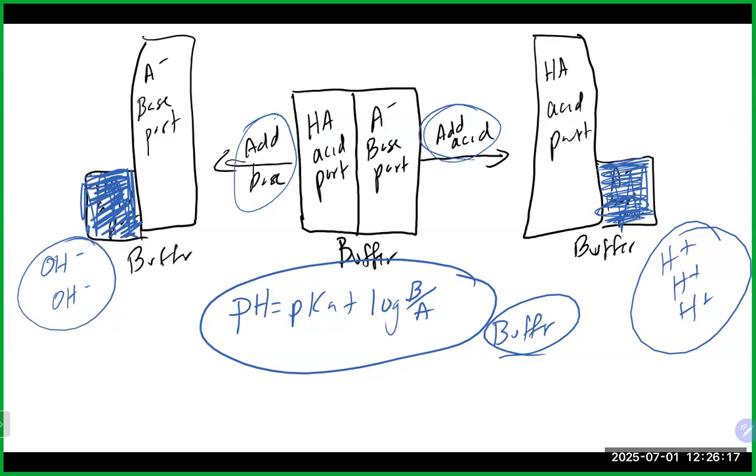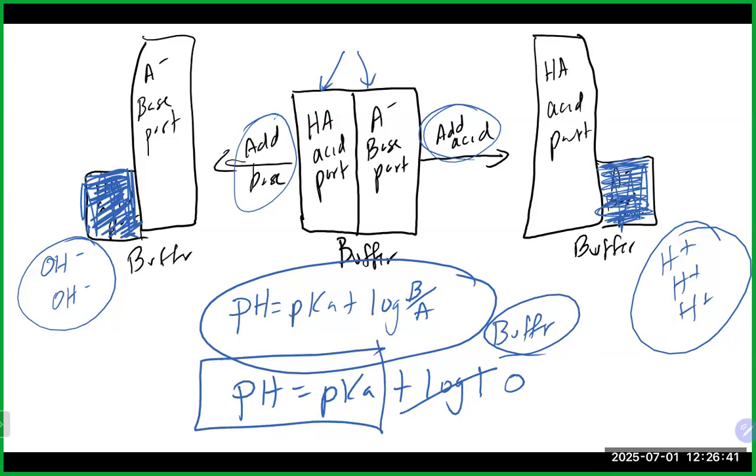Now, if you use your Henderson-Hasselbalch equation here, and you make a buffer kind of like what I did right about here, equal concentration of your acid part and your base part, and I put that into my Henderson-Hasselbalch equation, that will essentially give me the log of 1, right? Log of 1 is equal to 0, yeah? That means that the pH equals the pKa. So if you're looking to make a buffer at a specific pH, you should find an acid or base that has a pKa value within plus or minus 1 of your desired